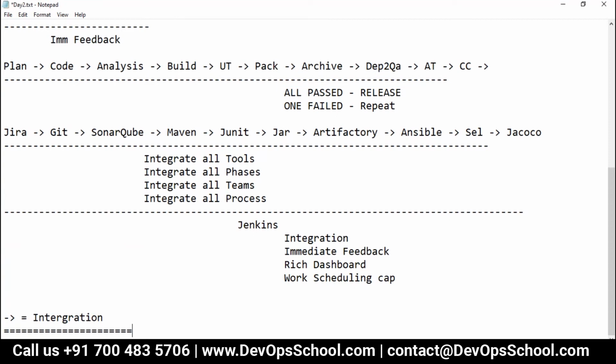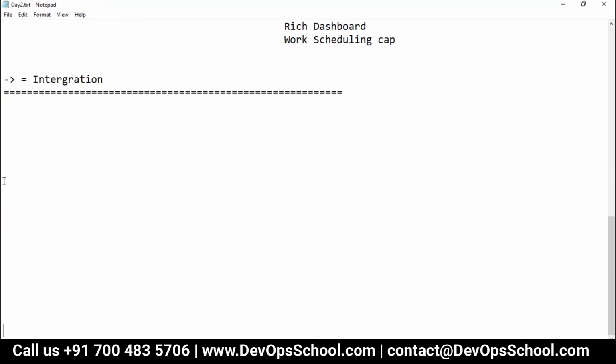Let's say you don't like Jenkins, then what other tools are there? You could be using TeamCity from JetBrains, Bamboo from Atlassian, Urban Code, or TFS, which has now become Azure DevOps, or Travis CI, and many more.